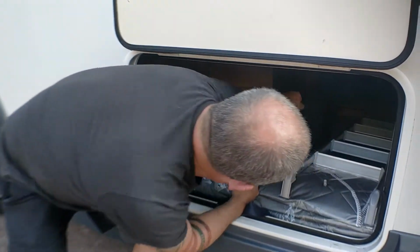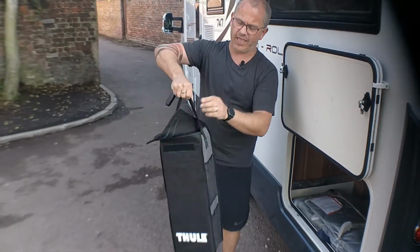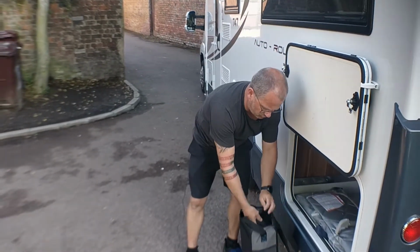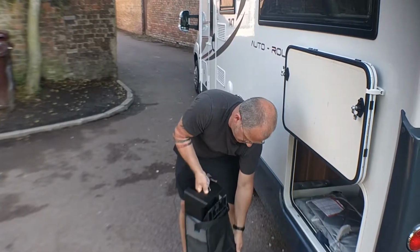We also have this little bag, which people always ask us. What's in here are your wedges. Now, if you're not familiar with motorhomes, all you do with the wedges, take them out of the bag when you get to your site,